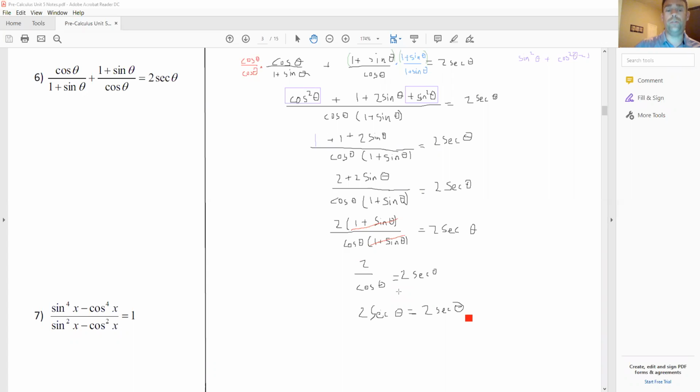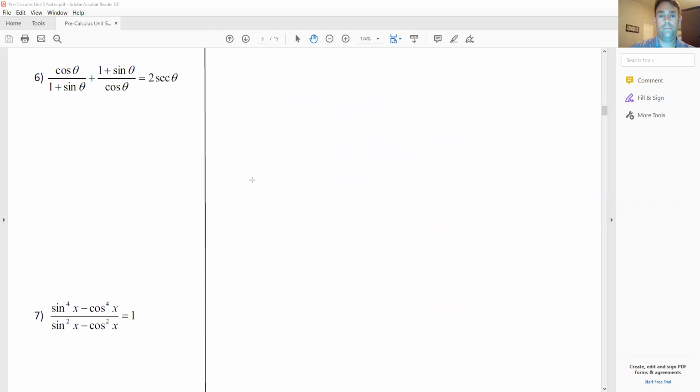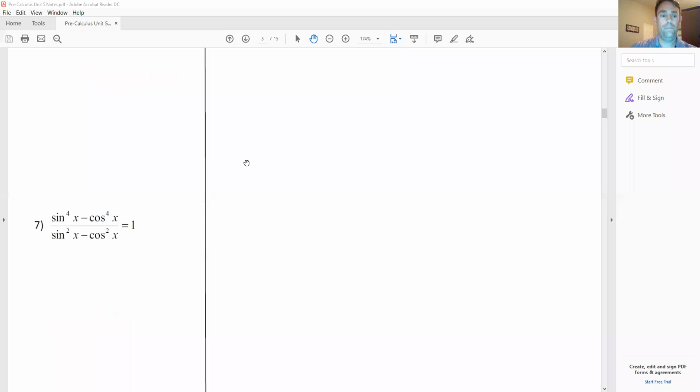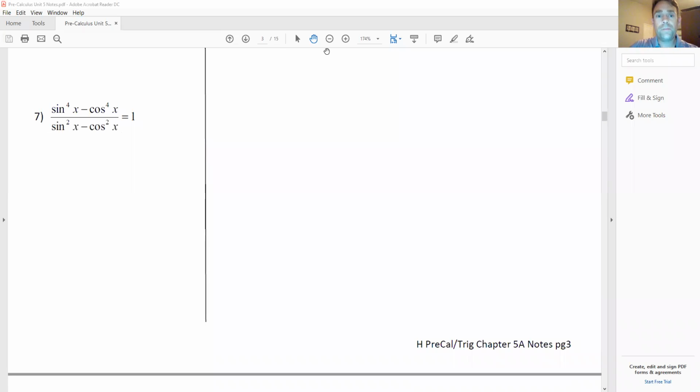All right, friends, last one for the day here. See if you guys can't take a little try on number 7 there and see what you can come up with. All right, I'll come back and talk to you in a sec. All right, here we go. So if I'm looking at the sine to the 4th x minus cosine to the 4th x,